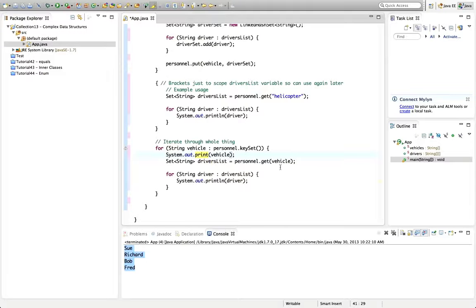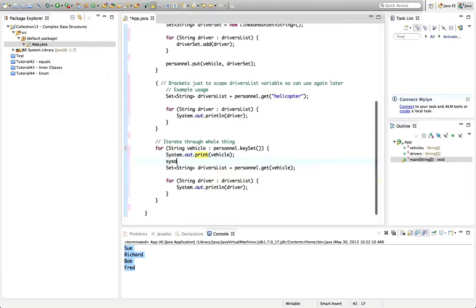System.out.print. So I print the vehicle on the line, and then on the same line I can print a colon, like that. System.out.print again, and then I print the list of drivers with System.out.print, and let's also have a space like that. And then finally let's have an empty sysout to just produce a new line at the end. And if I run that now,